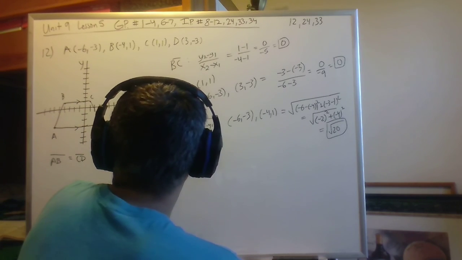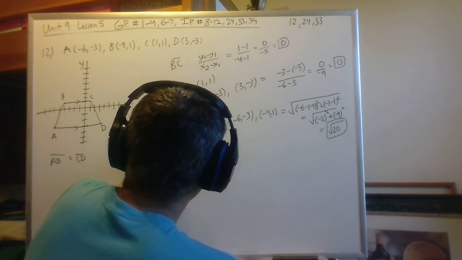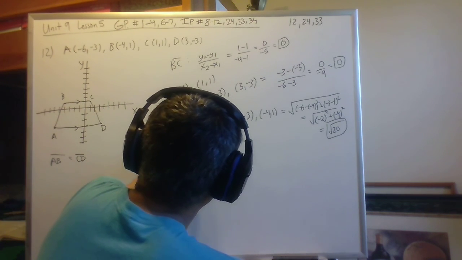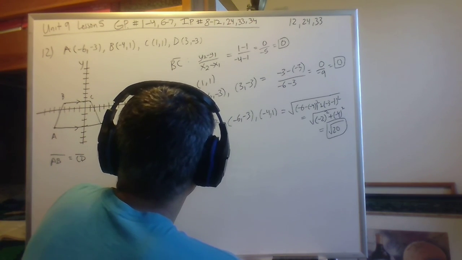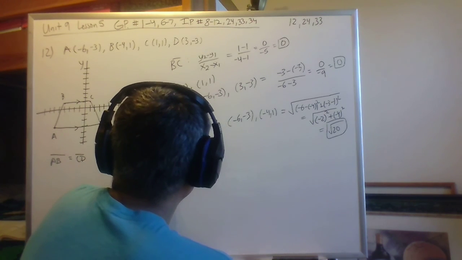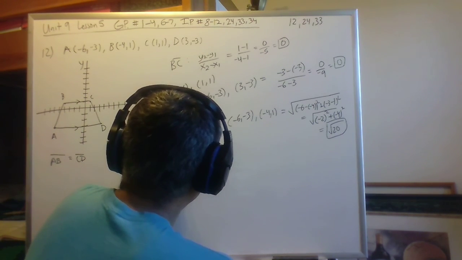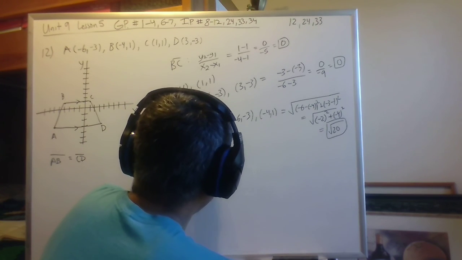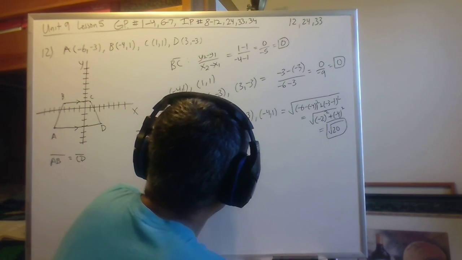So I'm going to do the same thing. I'm going to have 1 and 1 for C and 3 and -3 for D, and we're just going to plug it in to that formula. So we're going to go 3 minus 1 squared plus 1 minus -3 squared, and that's going to give